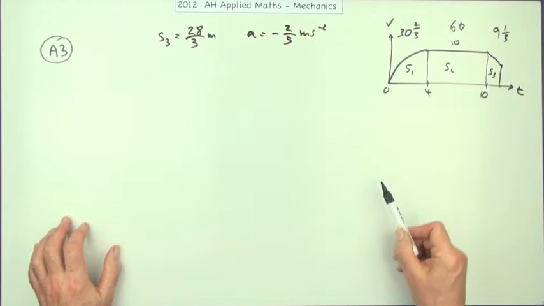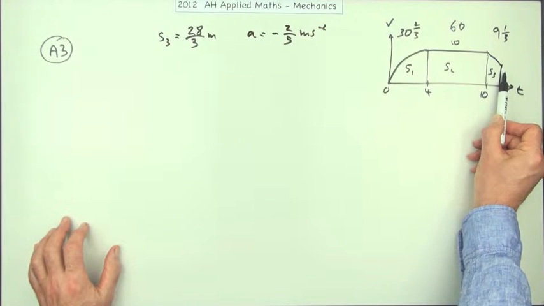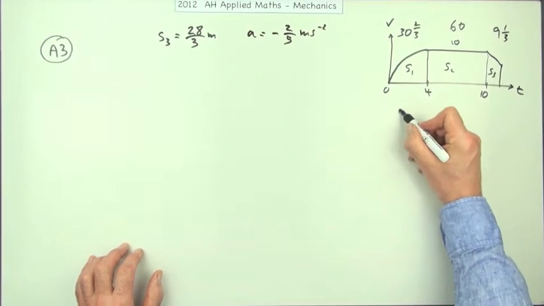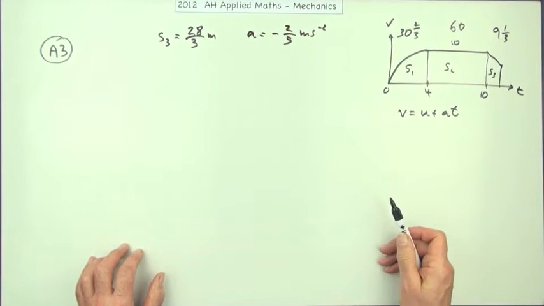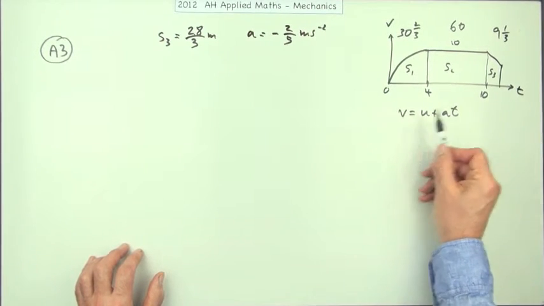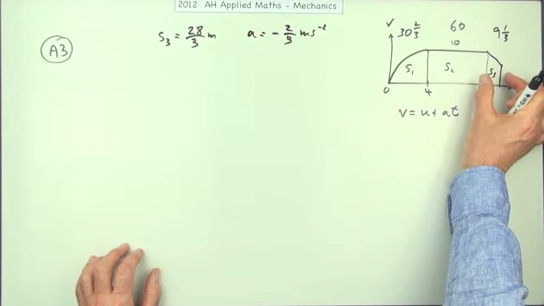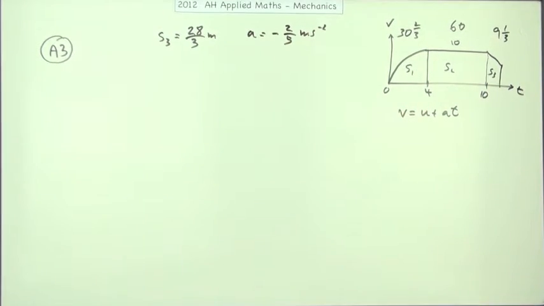You could still find the area of the trapezium, as in the average of the two parallel sides. That side's 10. That side will be using the equation v equals u plus at, but I'm not sure if I'm going to follow this path. V equals u plus at would give you the velocity for that part in terms of t. Then the average base times the height, which is t, would give you an expression in terms of t to equate to 9 1/3, but I think that's just going to be a bit messier